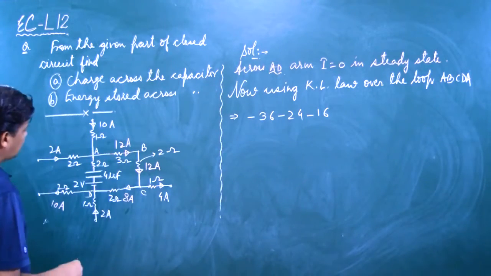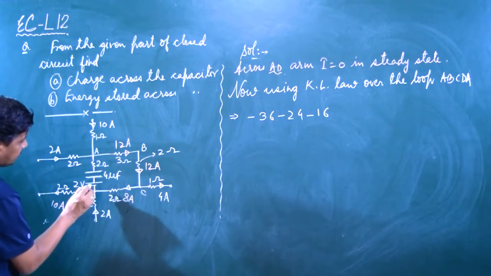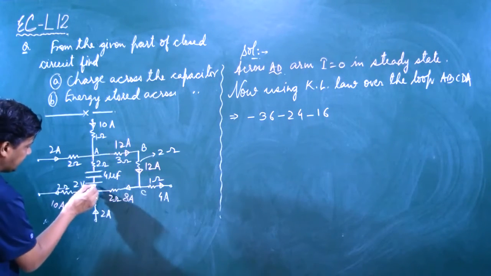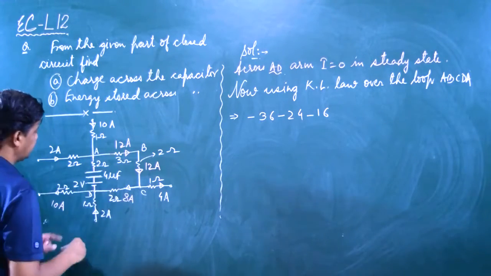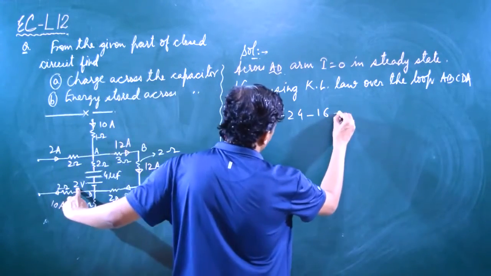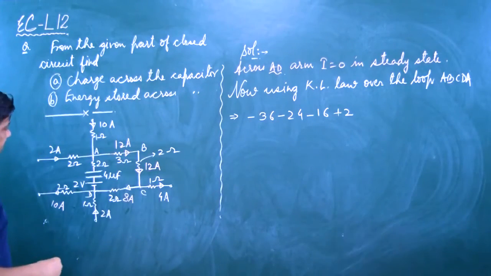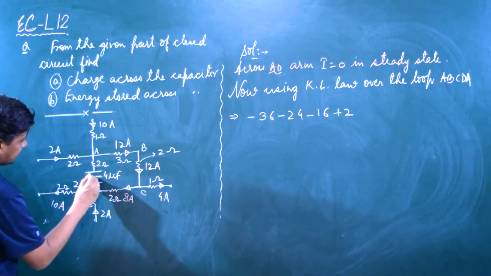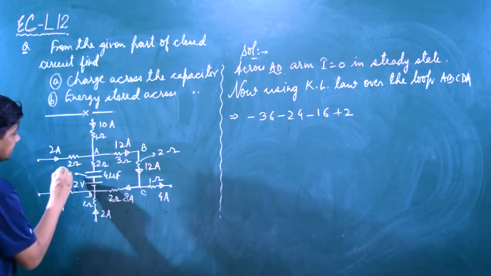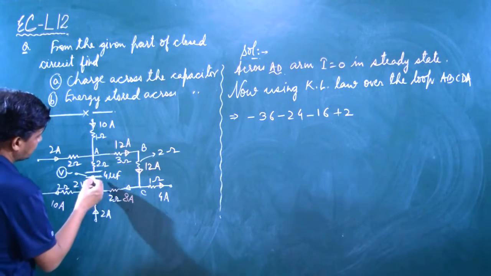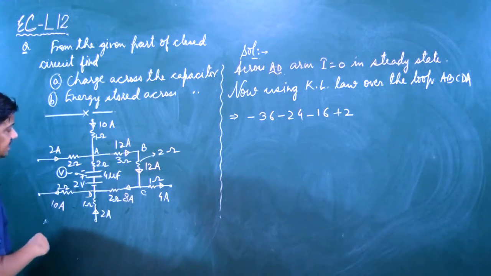Okay. Now A, B, C, D we have covered. Now we have to move from D to A. Now we are coming from negative to the positive terminal of this cell. So low to high, so positive 2 volt we have here. So plus 2, and suppose here potential is V. Potential of this capacitor we have considered V, that we have to get. So suppose this one has positive polarity and this one has negative polarity.